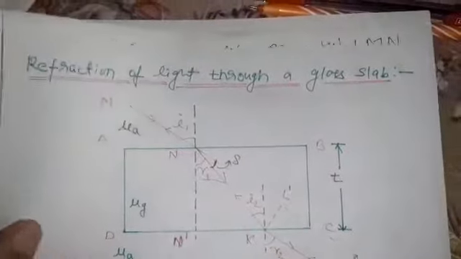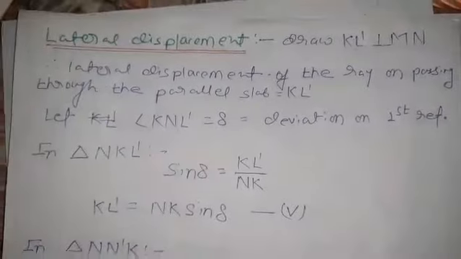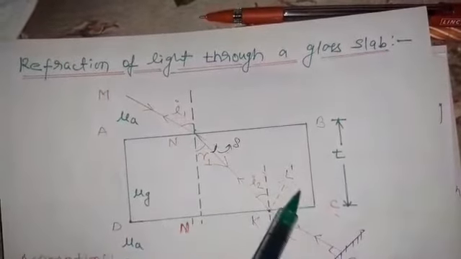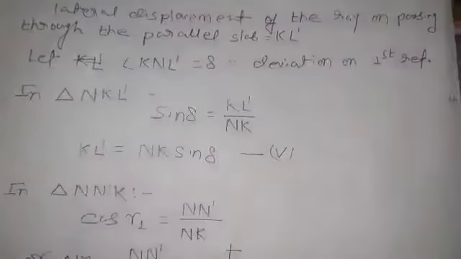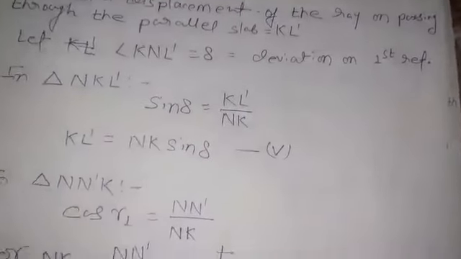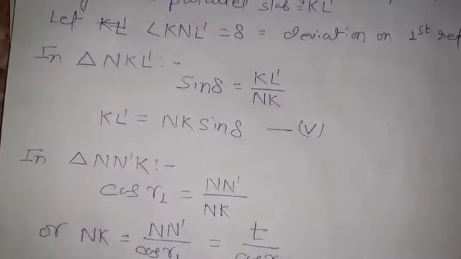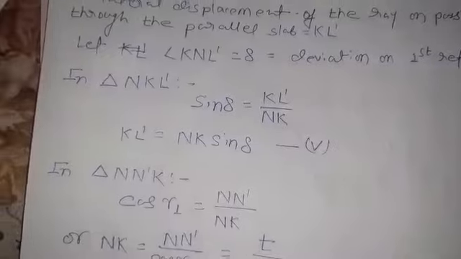So angle K and L dash. What is K and L dash? This will be your K and L dash. This angle will be your delta. Deviation on first refraction. Okay, so in triangle NKL dash,